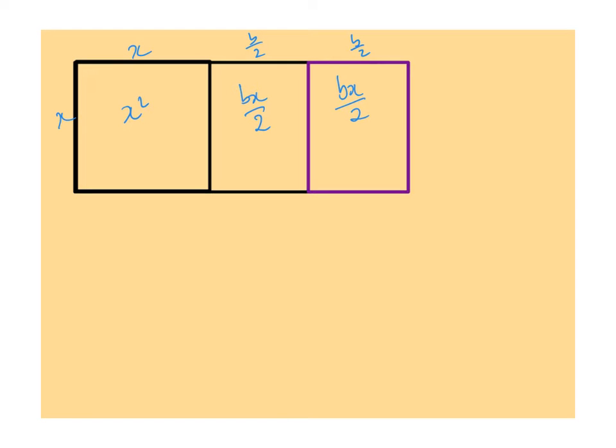The only thing I've changed here actually is just made the final part purple, just for this slide, because I'm going to move this section, which I'll highlight in blue. I'm going to move this section in a moment to a different place on the page. And the reason I'm doing that is because what I want when I'm looking at an area like this, is to be able to express it in a form which is something squared,